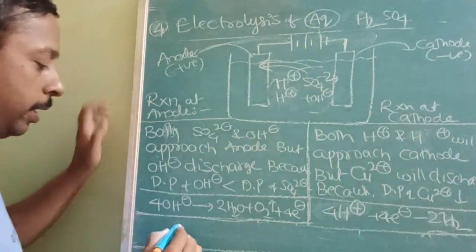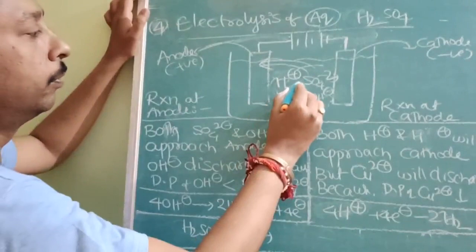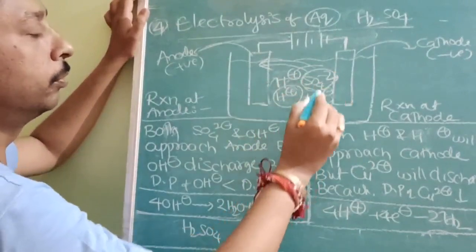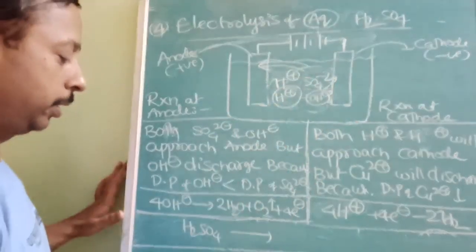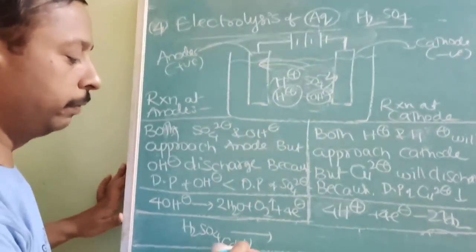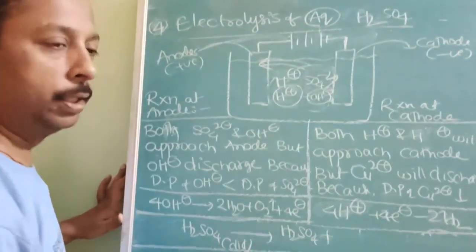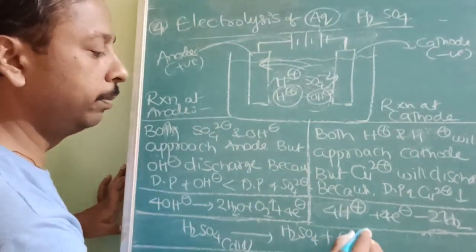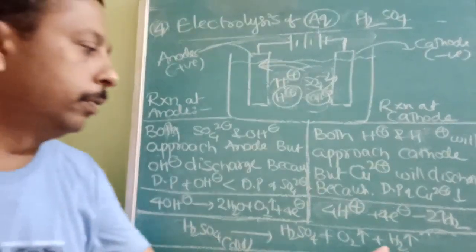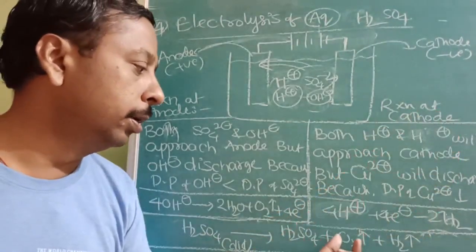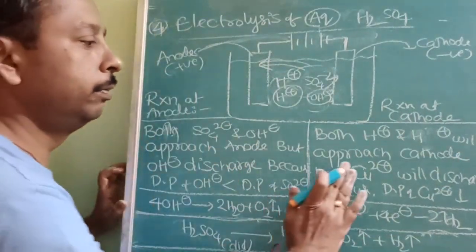So we have taken dilute H2SO4. From here H, from here SO4, and OH minus. So H2SO4 again we are getting, but the only thing is the concentration will increase. H2SO4 will give you H2SO4 only. But apart from that, oxygen is liberated at one place, hydrogen will be liberated at another place. What is that place? Hydrogen is liberated at the cathode, oxygen is liberated at the anode. So note down, and you will change all things.